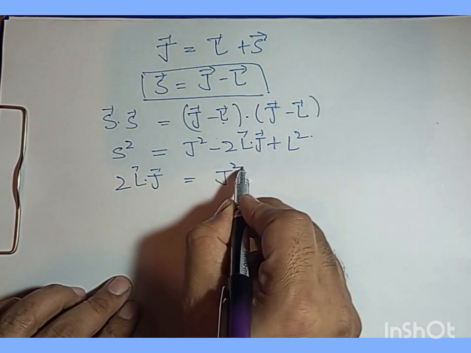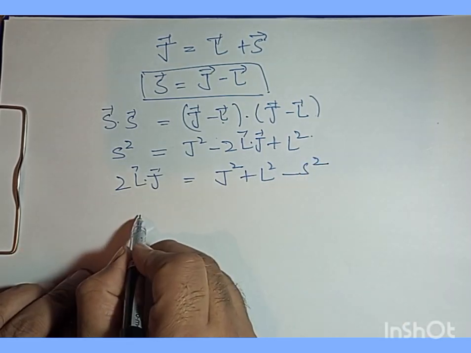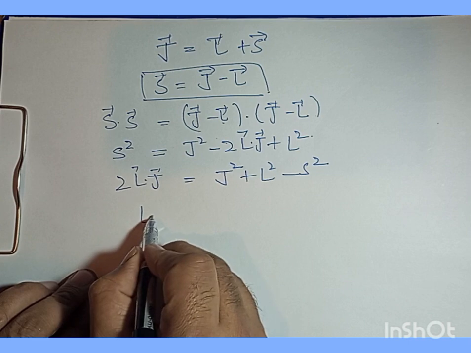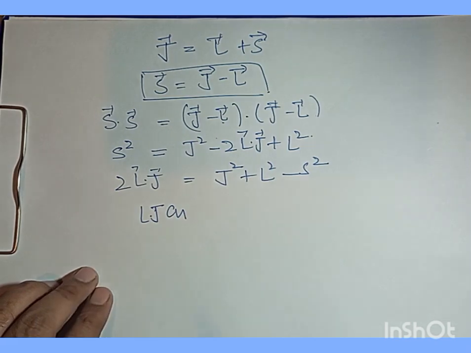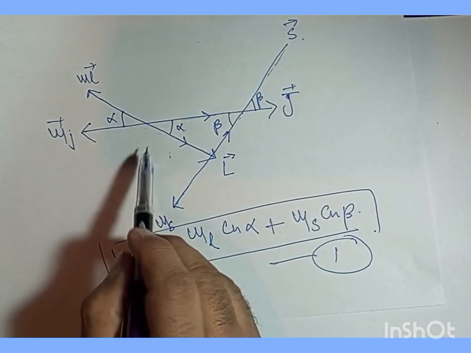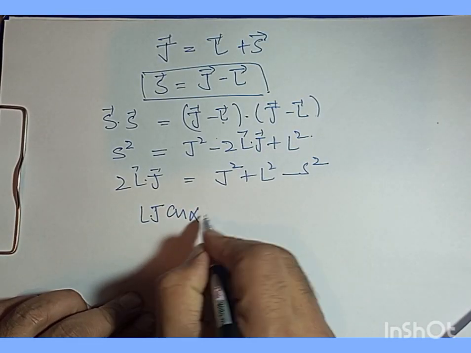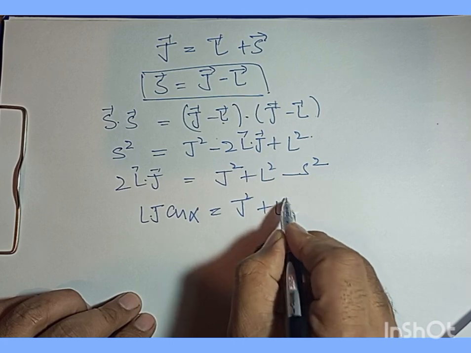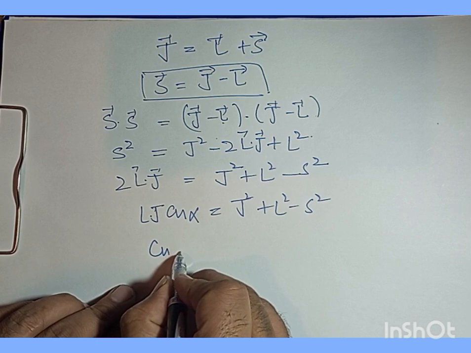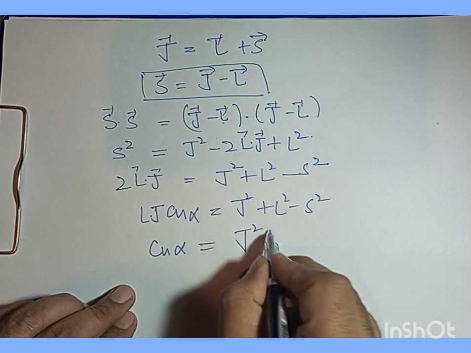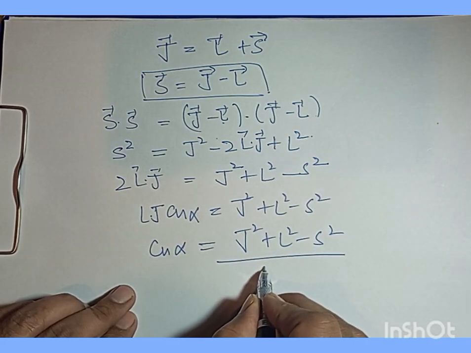So I'll have J square plus L square, and I'll take this to this side, minus S square. So L dot J is basically LJ cos of the angle between L and J, which is alpha. So cos alpha is J square plus L square minus S square, divided by 2 times